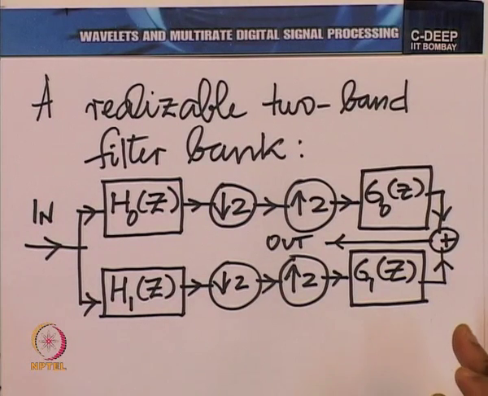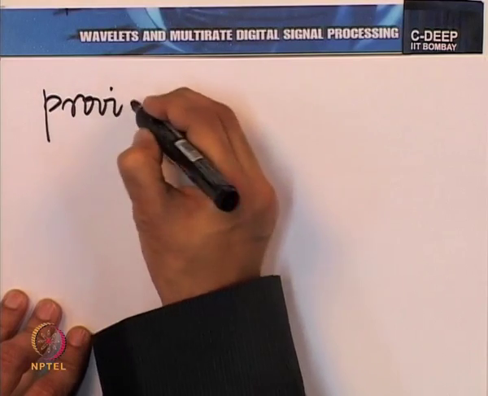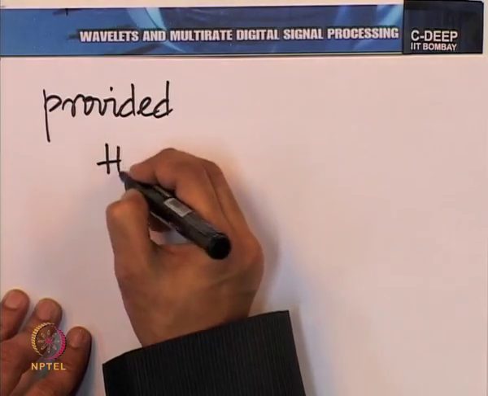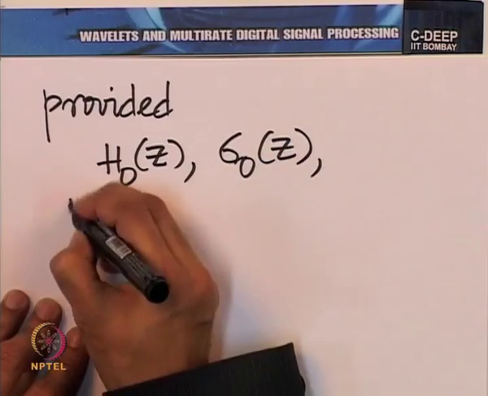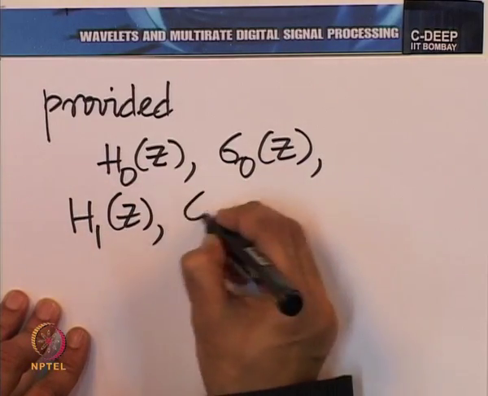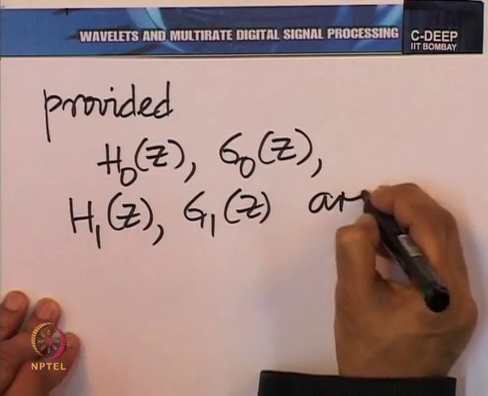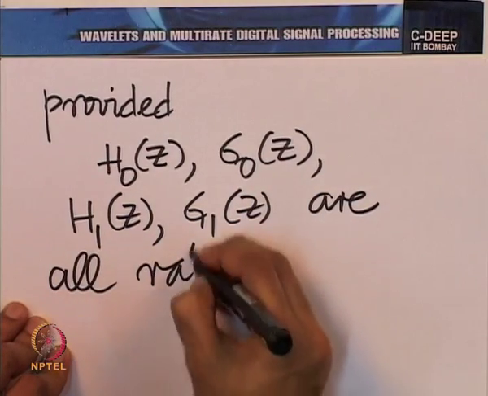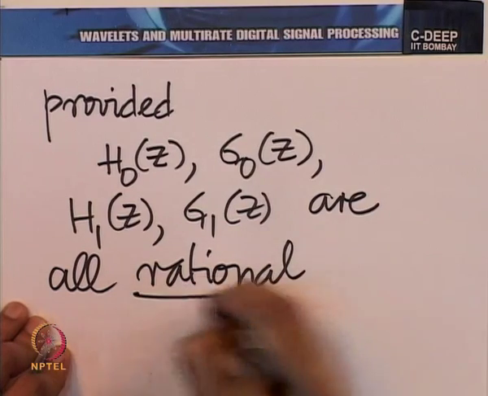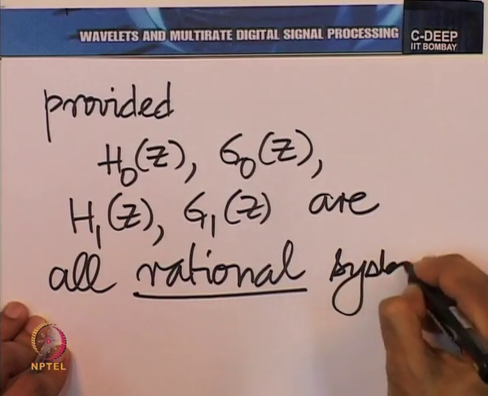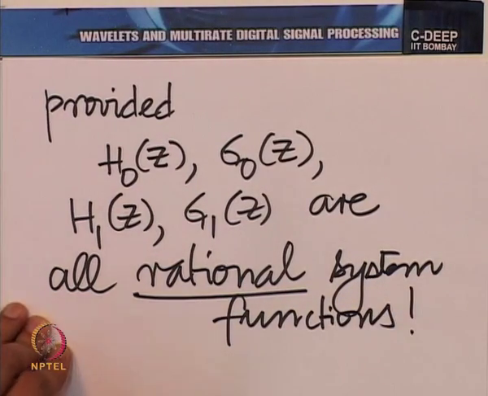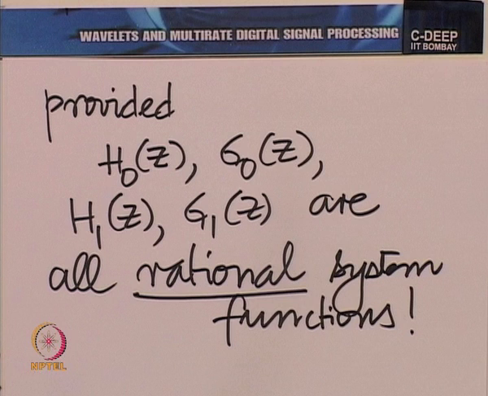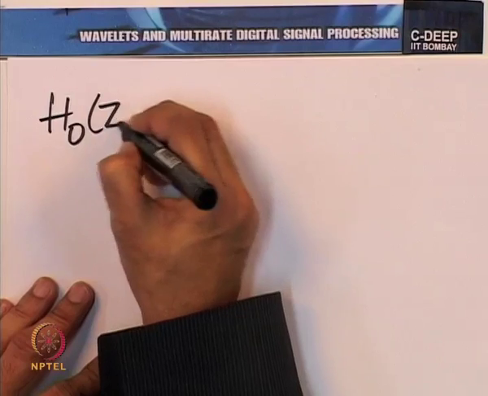This is a realizable 2-band filter bank provided H 0 z, G 0 z, H 1 z, G 1 z are all rational functions, rational system functions. And of course, H 0 z and G 0 z